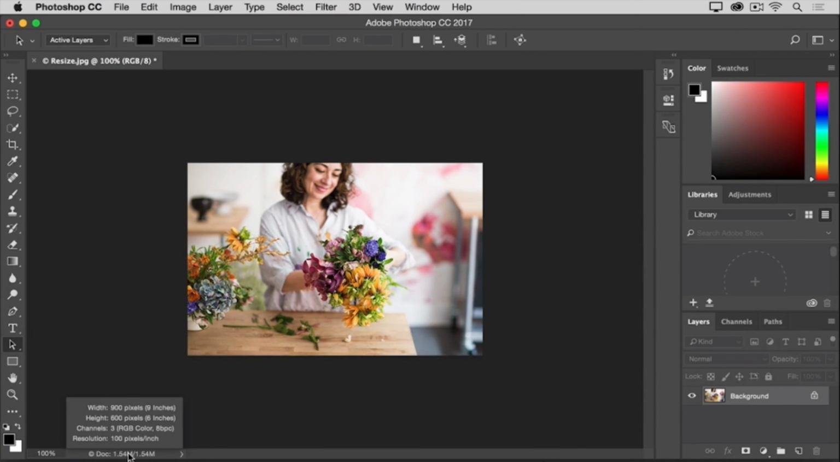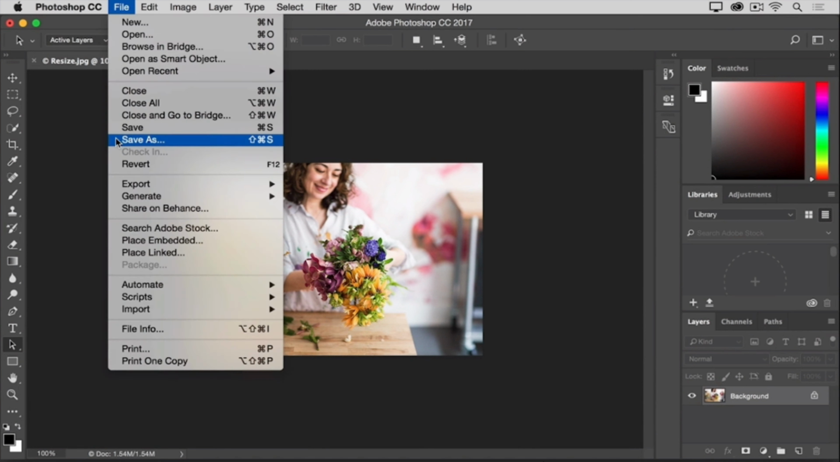All that's left to do is to save the image. I'll go up to the File menu, and I'm going to choose Save As rather than Save because I don't want to save over the original 1800 by 1200 pixel version. So in the Save As dialog, I'm going to give this version another name. You can